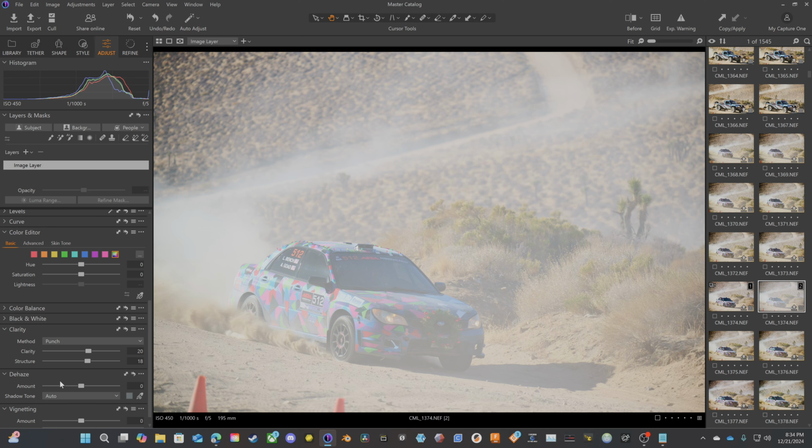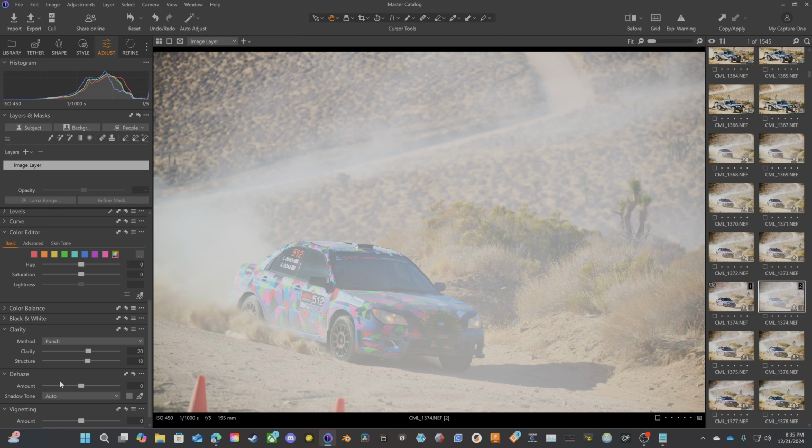Obviously, we have a lot of dust in the air that we're going to try and cut through to get to an image that we're happy with. And one of the things that you need to know about dehaze is that it affects your image mostly in your shadow detail and your black detail. And so when you have a lot of smoke, dust, atmospheric haze that you're trying to cut through, the way it affects your image is typically in the black and shadow areas, because all of those particulates in the air are going to scatter light and obviously are going to basically bring up the exposure value of the darkest parts